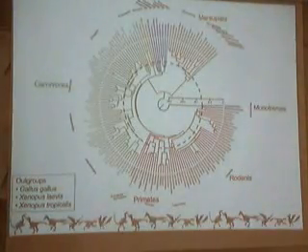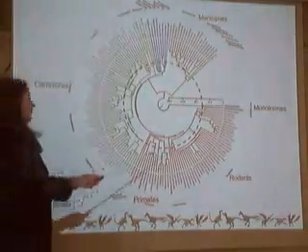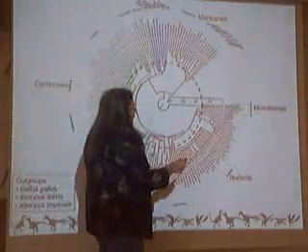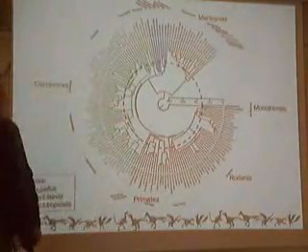Marsupials, as you remember, are animals that actually have their babies in a pouch until they have grown. And over here are monotremes, which we only have 2 or 3 living species of, and those are,